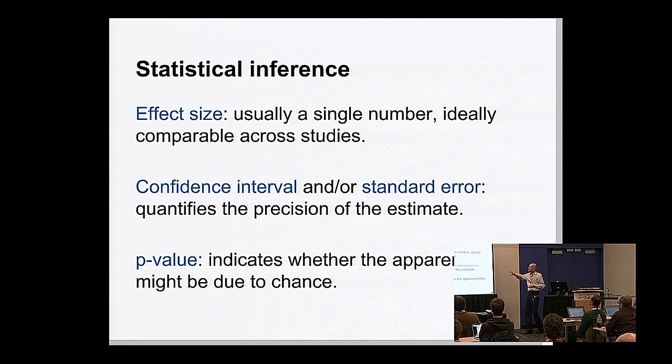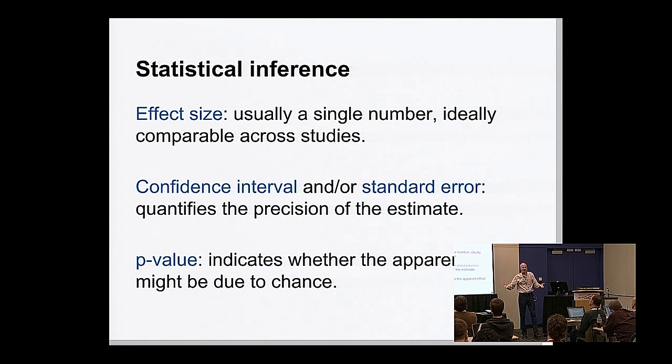I've been hinting at some of these definitions. Now let me provide them. Effect size, usually a single number that's meant to quantify how big whatever it is that you're measuring is. You put a range on that, and that can come in the form of a confidence interval or a standard error. So if you see things reported with brackets and two numbers, confidence interval. If you see an estimate plus or minus a standard error, that's usually standard error. They are equivalent to each other. With certain assumptions, you can from one compute the other and vice versa. So it's just a question of which one is more convenient to report. And it also depends on your audience, who's likely to understand which. The other, I mentioned hypothesis testing.